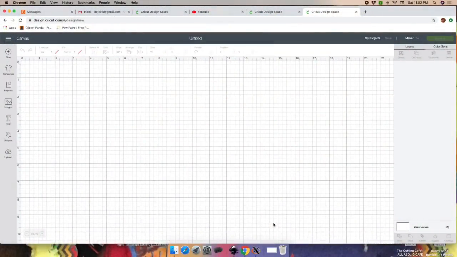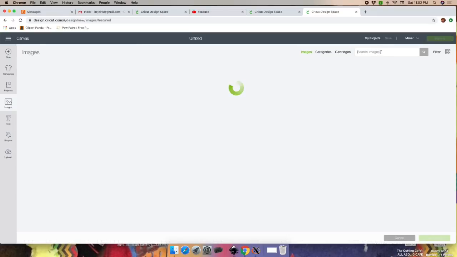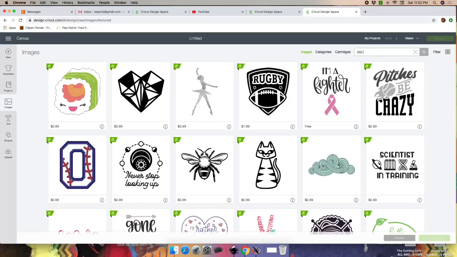We will be creating some Jojo Hershey bar wrappers. So let's go ahead and start. First, in Design Space, we're going to go into Images, and we're going to click on what we're looking for. So I'm just going to type in Jojo, and I'm going to type in,